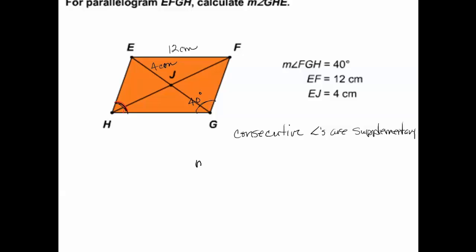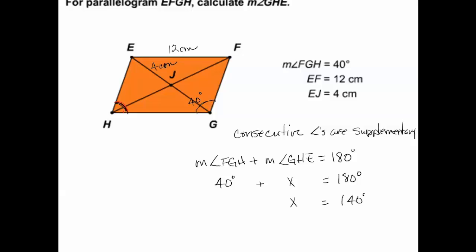So that means that the measure of angle FGH plus the measure of angle GHE equals 180 degrees. So I can just plug in what I know, and I'm going to use X so I don't have to write that out. So I just subtract 40 from both sides and I get 140 degrees. So the measure of angle GHE equals